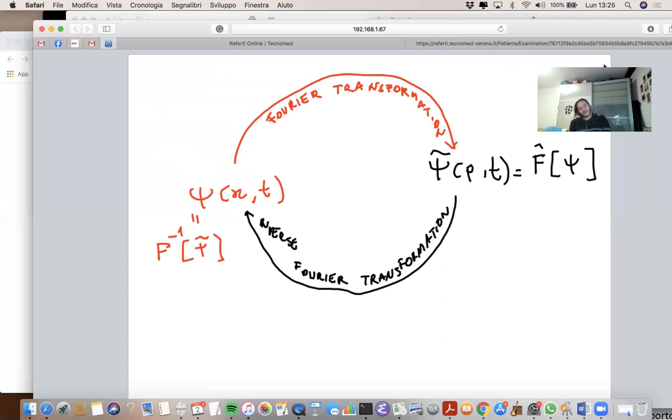And on the other hand, if I have the information about the momentum, I can reconstruct the information about the position using that weird integral called the inverse Fourier transformation. So that's the way in which quantum mechanics treats position and momentum on equal footing. It's very different from how classical mechanics does it, because classical mechanics says that the classical state is a collection of position and momentum together, and assumes that you can specify position and momentum at any given level of accuracy. Quantum mechanics, because of the uncertainty principle that sits right here,